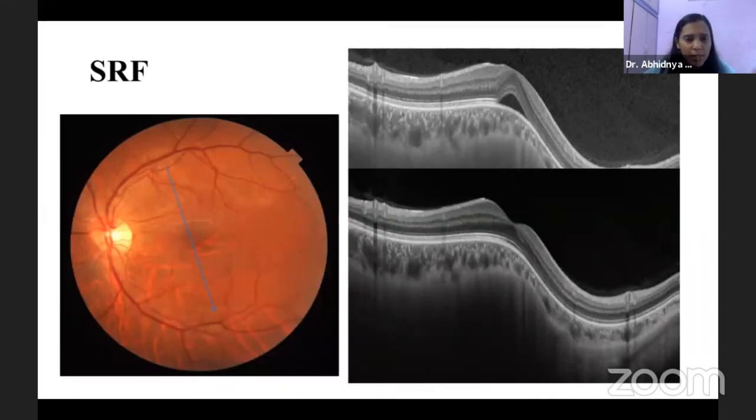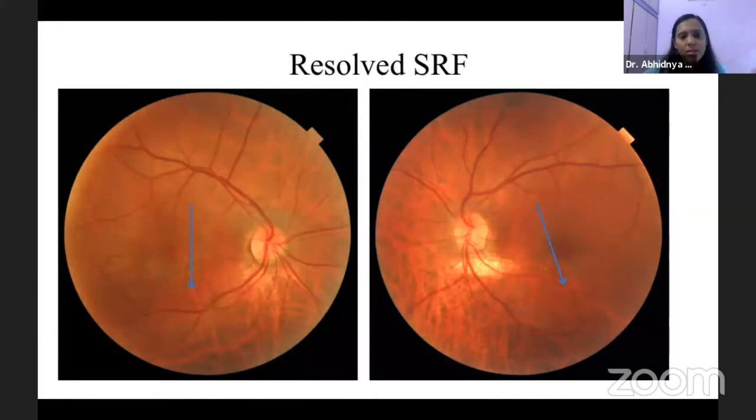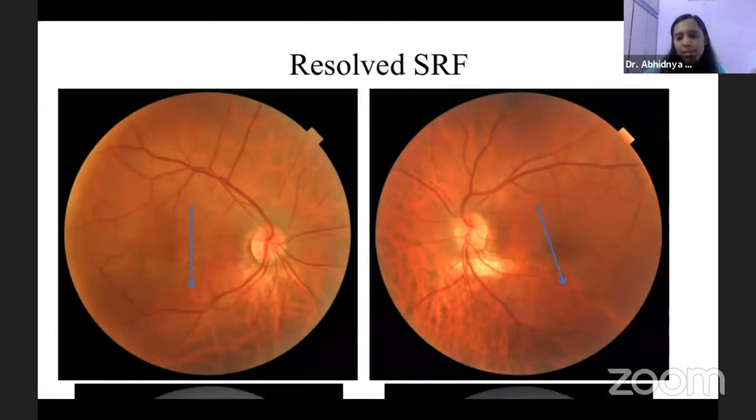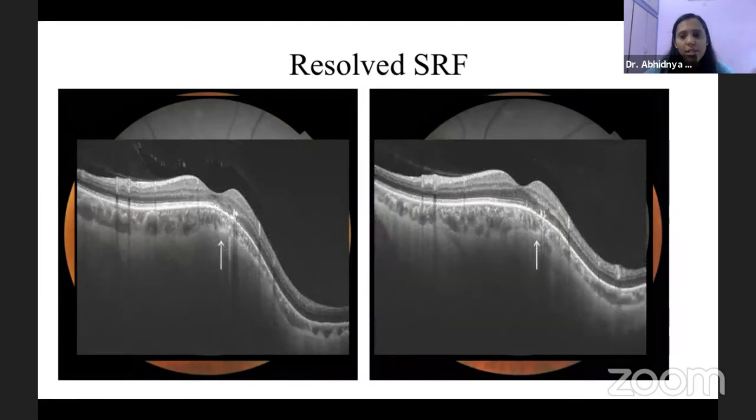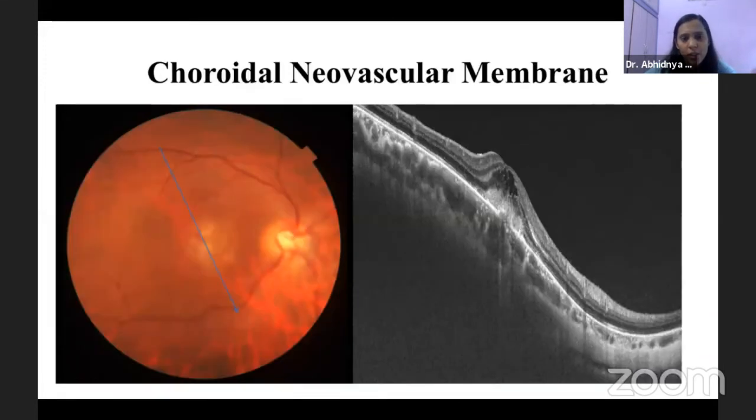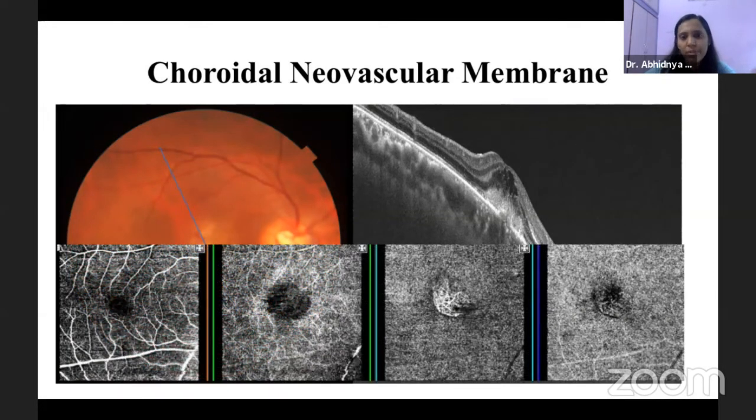This was another case where the patient had presented with diminution of vision, and when we did an OCT, we saw that there was subretinal fluid present. However, there were no dilated choriocapillary vessels or any leak on FA. We gave this patient dorzolamide, and this patient improved within 6 weeks. This was another case who showed pigmentary TDS with pigmentary disturbances. FAF showed variable autofluorescence. On OCT, we saw that again there were outer retinal changes in both the eyes, prominently at the upper edge of the staphyloma. This was a case who had presented with choroidal neovascular membrane. OCTA showed it very beautifully.